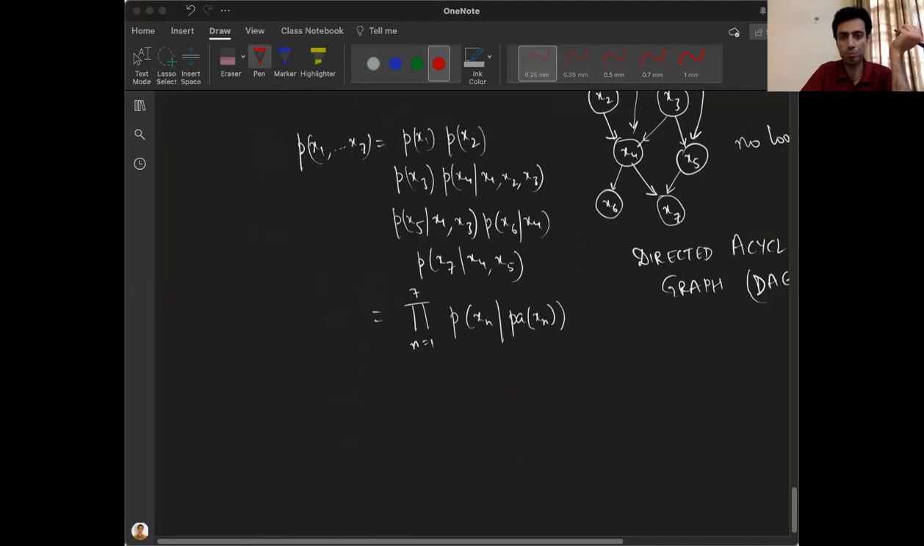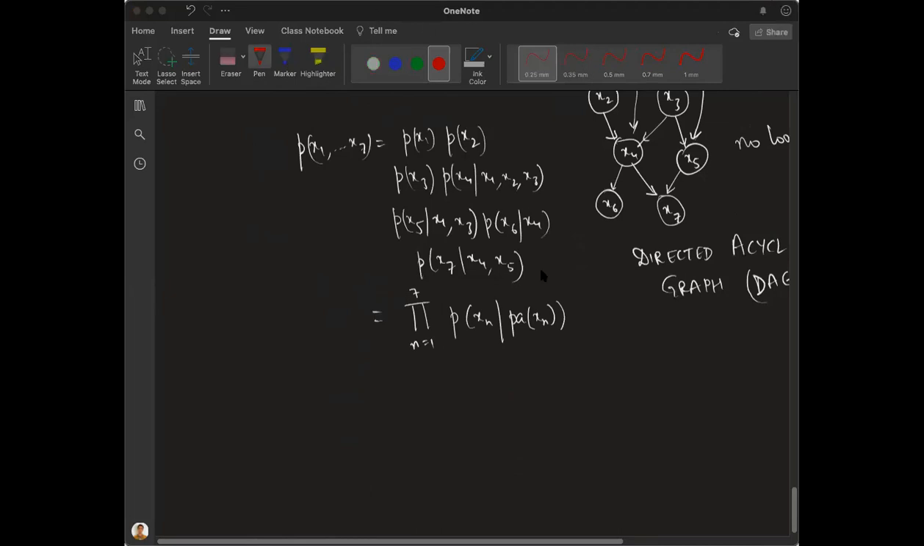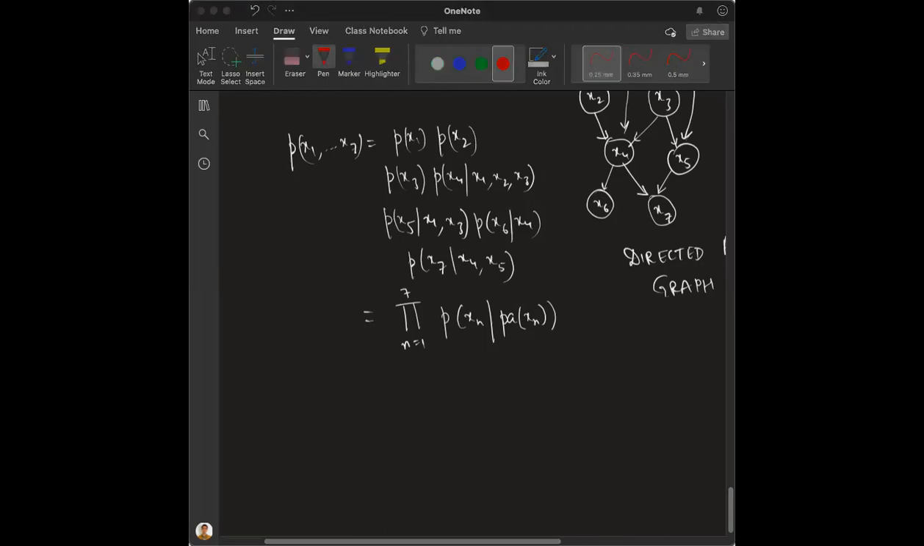Okay, now what we are going to do now is, let me see what is the next topic we have. Graphical models we have seen. Next I have